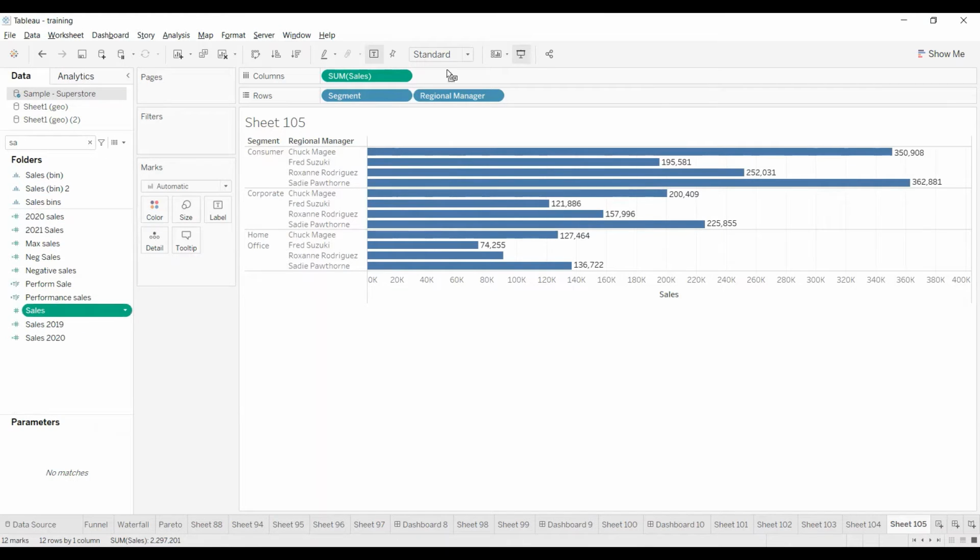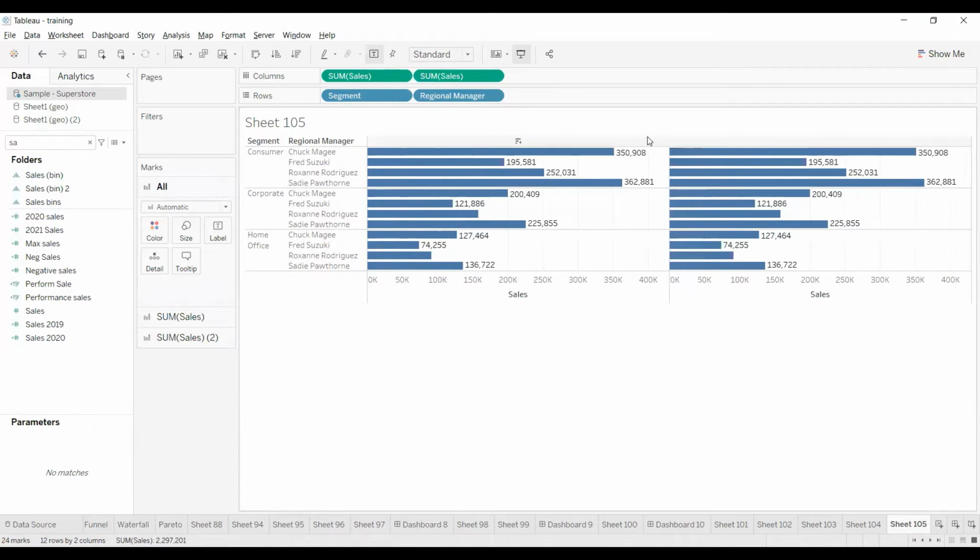I'm also going to put one more sales here. Instead of showing the sales with respect to each manager level, I would like to show the overall segment level sales amount here. So how are we going to do that? I'm going to clear that.